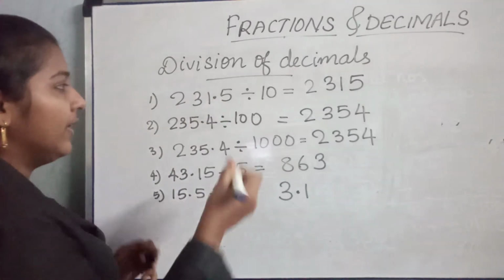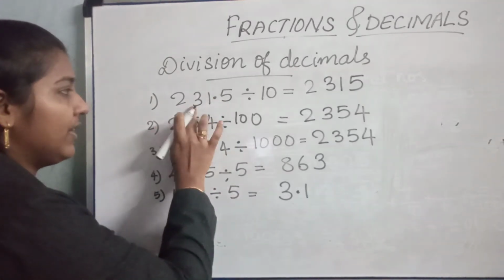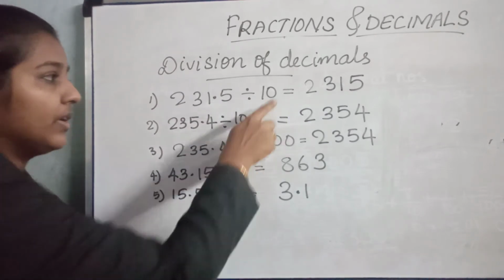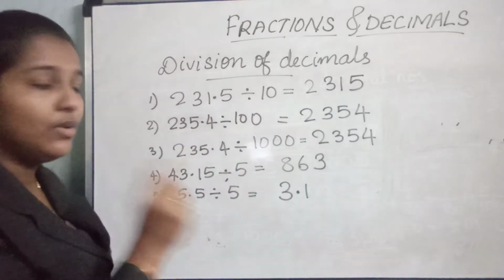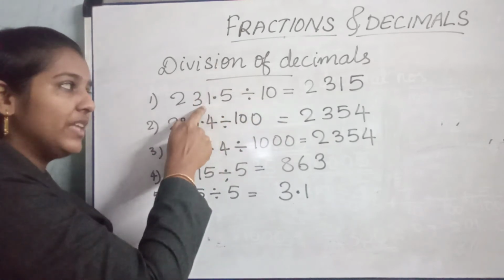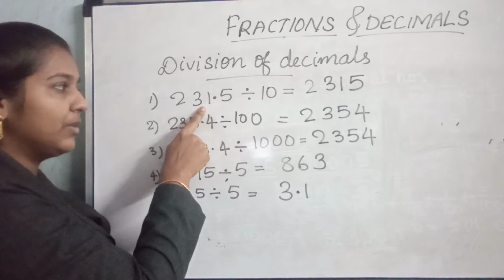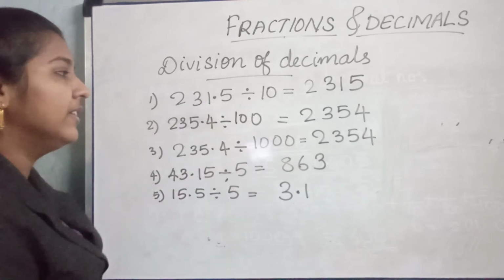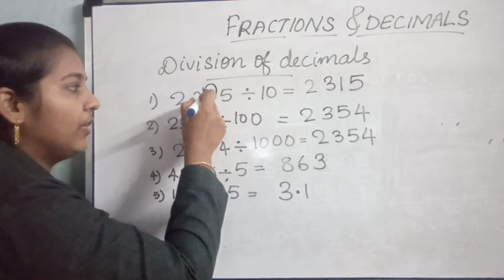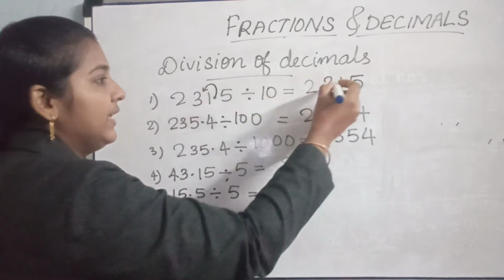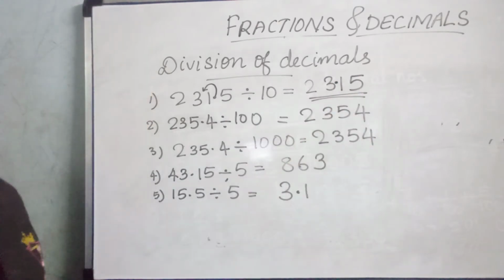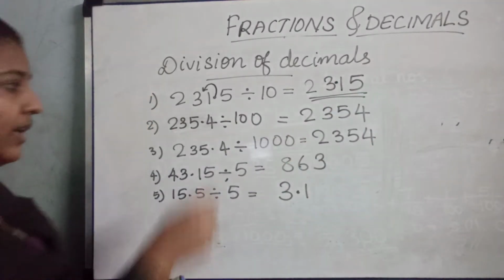Okay, so look here, 2231.5 divided by 10. Here 10 has 1 zero, so you shift the point one place to the left. Then where will be the position? Yes, we are shifting it one place to the left and the point will be between 3 and 1. So 23.15 is the answer for this question. Got it? Now the second one,